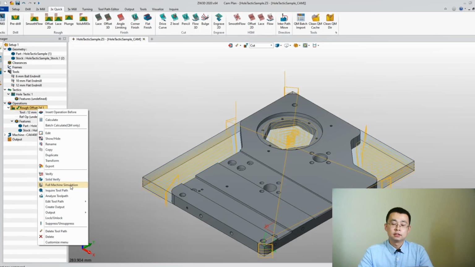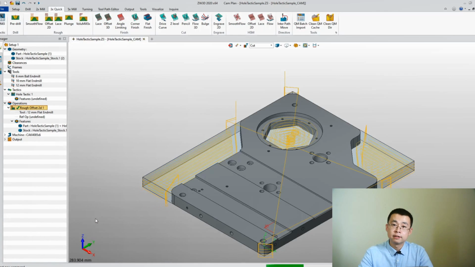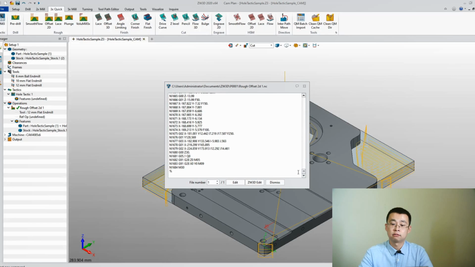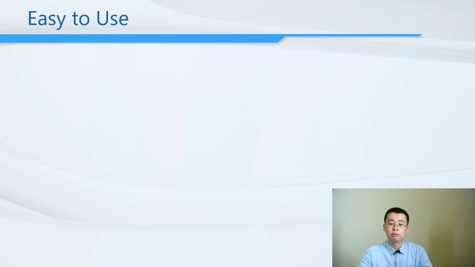Okay. Suppose that we have finished all the toolpath designs, and the next thing I'll do is to output the NC code and perform it on my machine. What shall I do? I can navigate a little bit and click Output NC for all. Then I can see all the NC code there. That's very easy, right? Okay, I think that is almost all the workflow in ZW3D CAM. It is very easy to use, and many points help users to understand how to use it in ZW3D CAM.